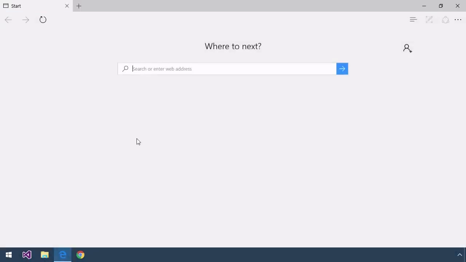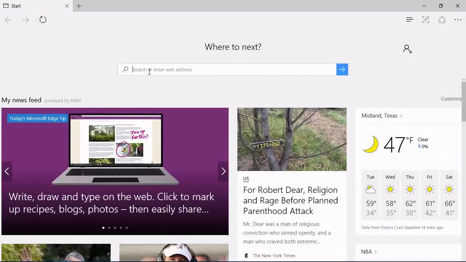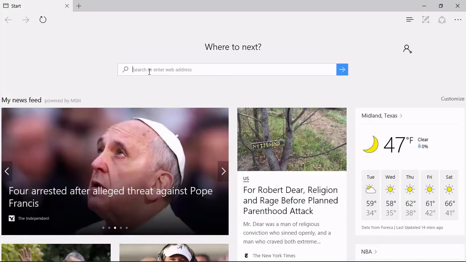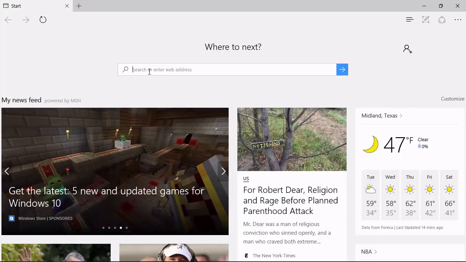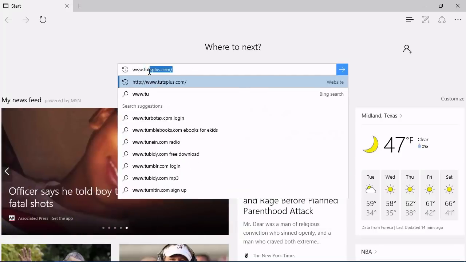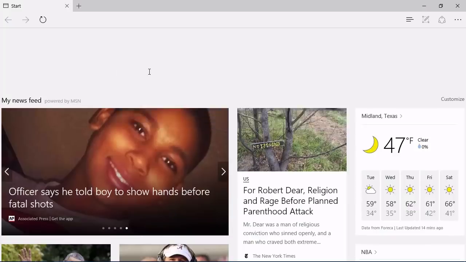I am going to open up Microsoft Edge and use it for the first few minutes because Google Chrome eliminates some of the things from the address bar that I want to point out here. Now, if you're like me, you typically don't do a search and then pick whatever website you want to go to if you know what that website is. Like if I want to go to tutsplus.com, I just type www.tutsplus.com